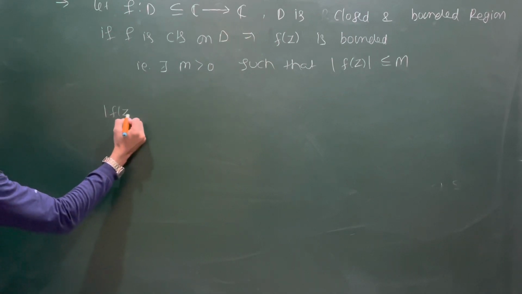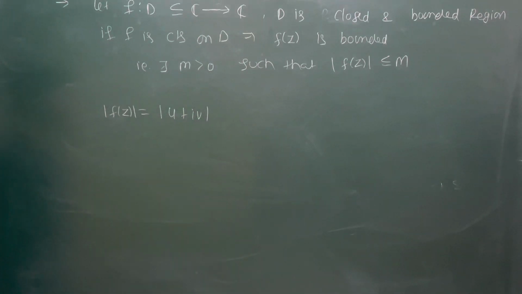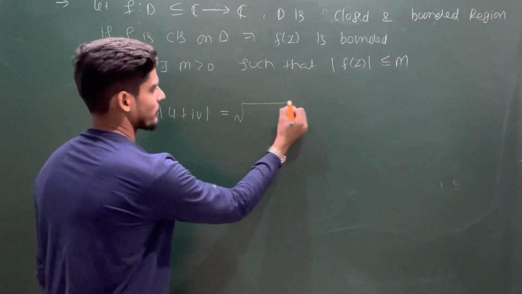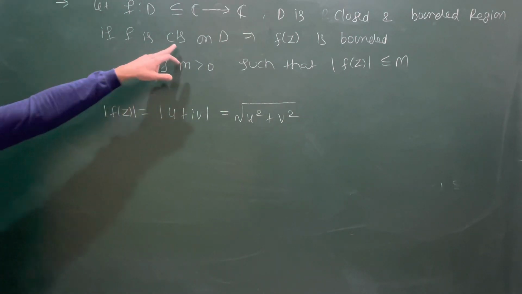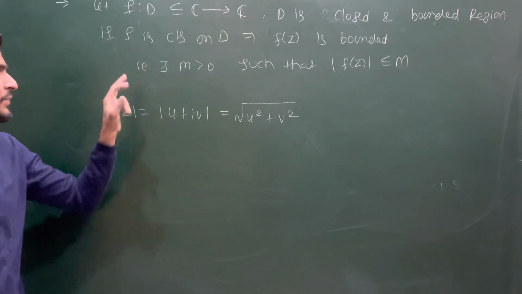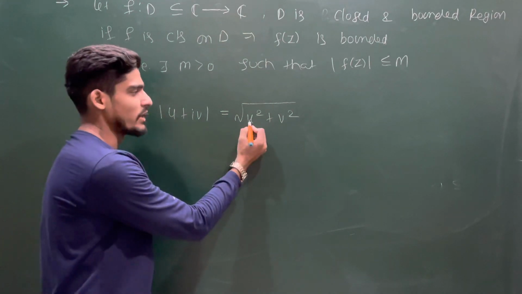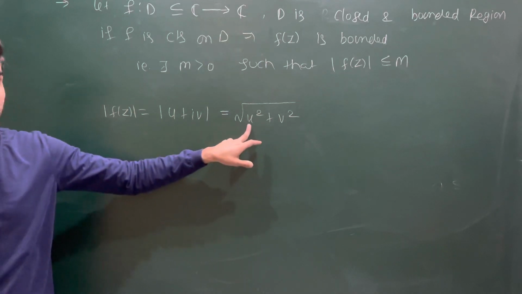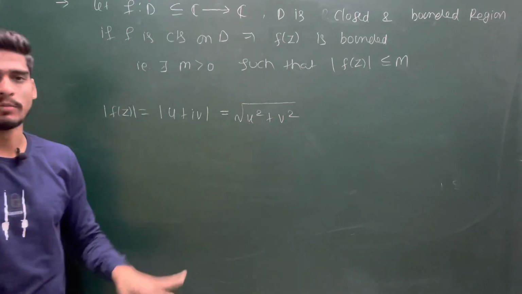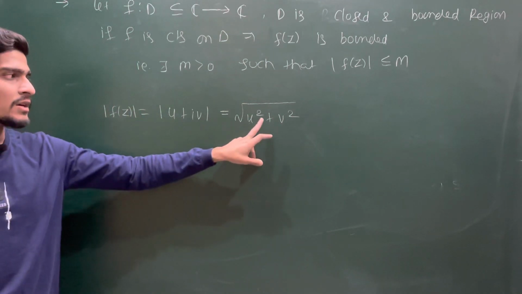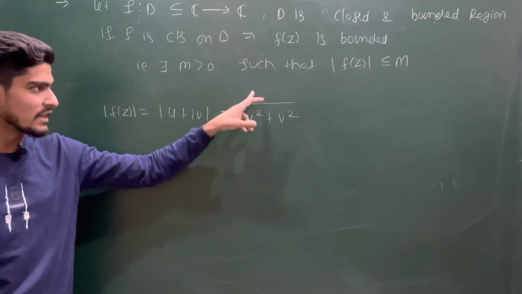If you define mod f(z), then mod f(z) will be the modulus of u plus i v, because your function will be of the format u plus i v. So you can say this is the square root of u squared plus v squared. We are assuming this f is continuous. So if f is continuous, then its components are continuous. That means u is continuous, v is continuous. So u squared is continuous, v squared is continuous. U squared is non-negative, v squared is non-negative. So their sum is also continuous, because we know from the algebra of continuity that a linear combination of two continuous functions is again continuous. So u squared plus v squared is continuous. Both are non-negative, so their square root is meaningful.